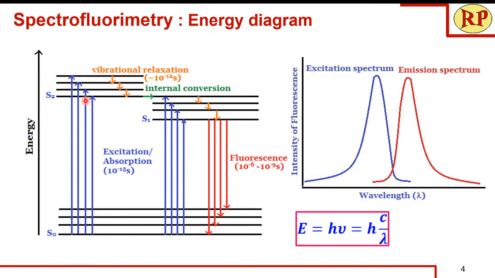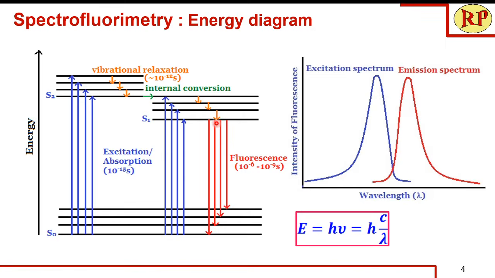In case the energy of S2 is equal to any of the energy of the vibrational levels of S1, we have internal conversion, that is the electron moves from S2 to S1. This is again not by emitting light, only losing its energy in the form of heat. So we call it a radiationless transition. Again, from the higher levels, it undergoes vibrational relaxation and comes to the lowest vibrational level of the excited state, that is S1.